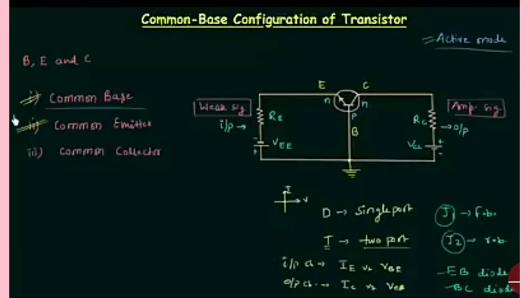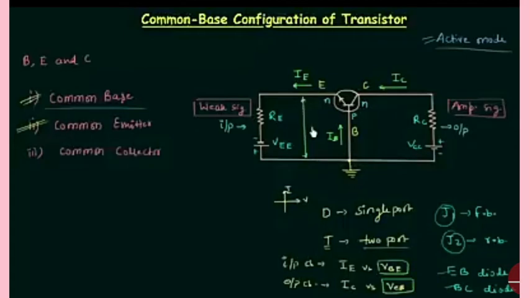The next thing is to find out the direction of currents IE, IB and IC, and what the voltage VBE is, which we can see from the symbol of the transistor. You can see the direction of emitter current IE is like this, the direction of base current IB is like this, and the direction of collector current IC is like this. If you don't know how we have obtained this direction, then please watch the previous lecture, where I have explained how to find the direction in the transistor circuit.